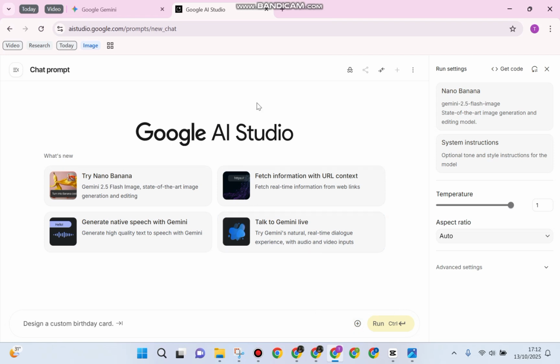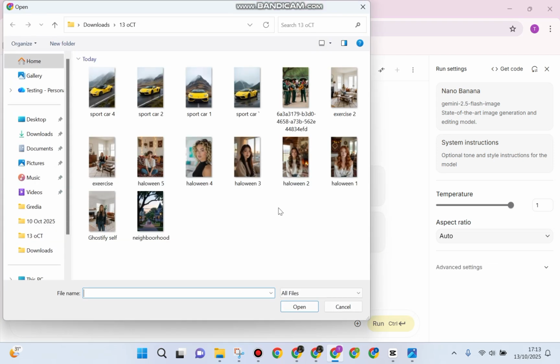Well guys, the tool that I used was Nano Banana, and here I am accessing it with Google AI Studio. However, if you would like to do the photo editing with Nano Banana in Gemini AI, it is pretty okay, and I will also share the prompt in the description box. The second step is to upload a picture. For example, I will choose this one,